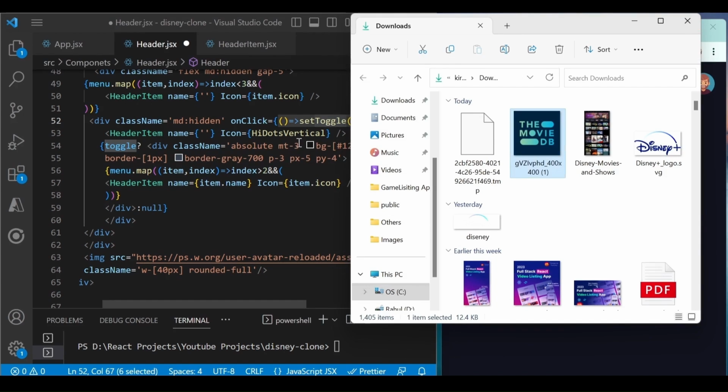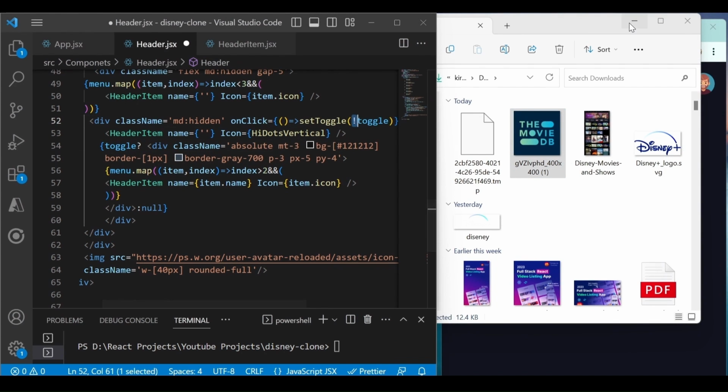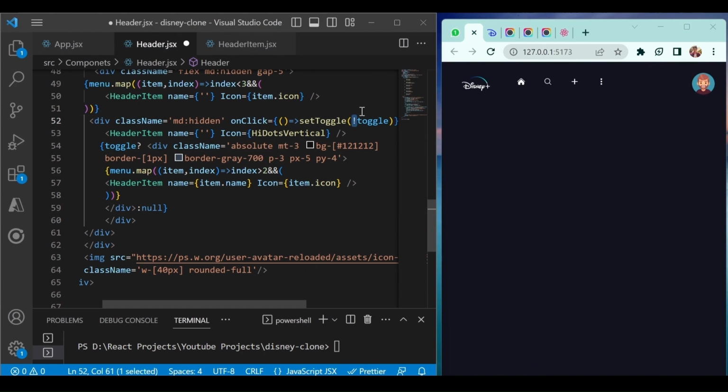And this is the exclamation mark operator, which helps to set the variable negatively. Okay, and set it. Now if I click it, it will show. If I click it again, it will hide it, right? Perfect. So this is what we wanted, and this is what we achieved, right? And if you see, we are getting this underlying as well.